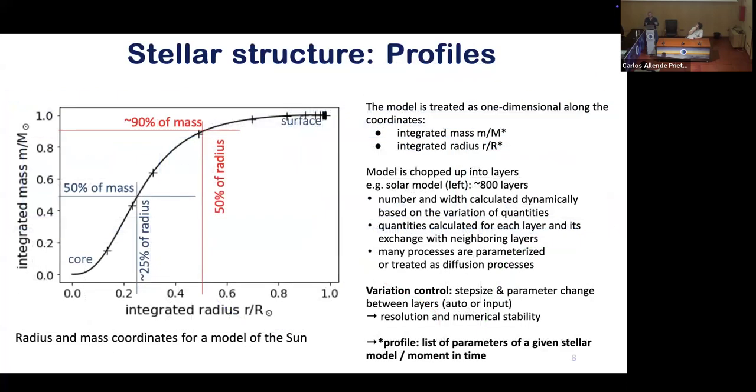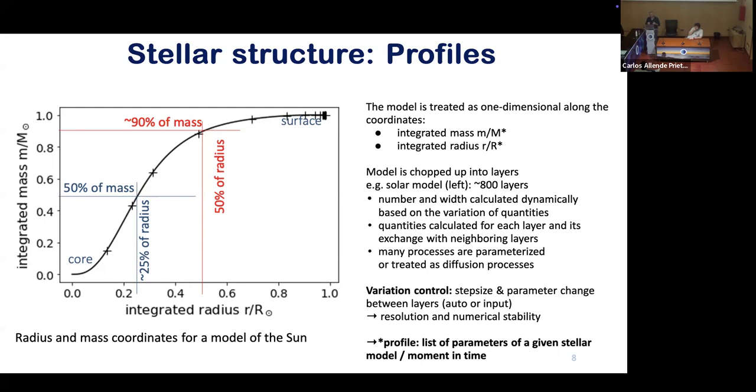In MESA, in stellar structure and evolution, we are describing a star as a one-dimensional object, which has the coordinate of the integrated radius or mass. We call it the mass or radius coordinate, which is 0 at the core and 1 at the surface. So we describe it as a fraction of the mass or radius coordinate. And well, this is a one-dimensional model, because if you take this string and you project it over a sphere, you get a star. And the joke goes, what's the difference between a 1 and a 3-dimensional model? Well, the 3-dimensional model is 1 in 3 dimensions. With this, we can